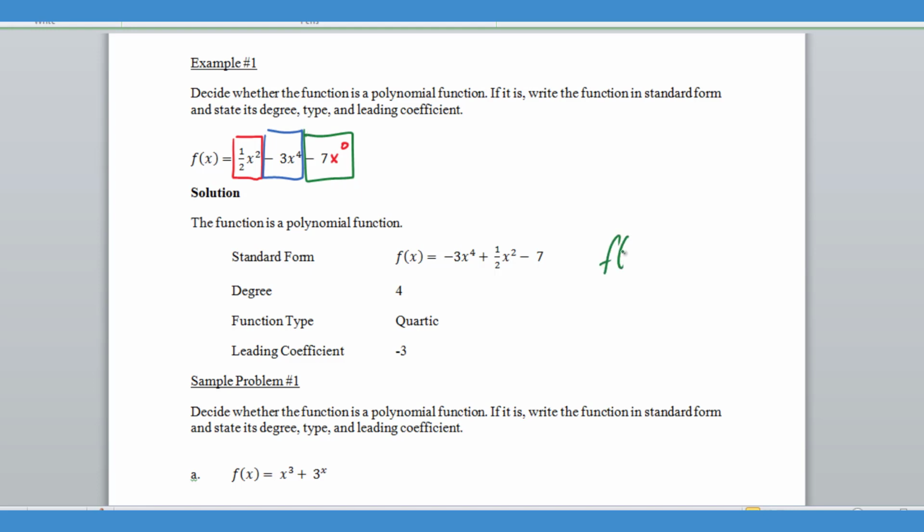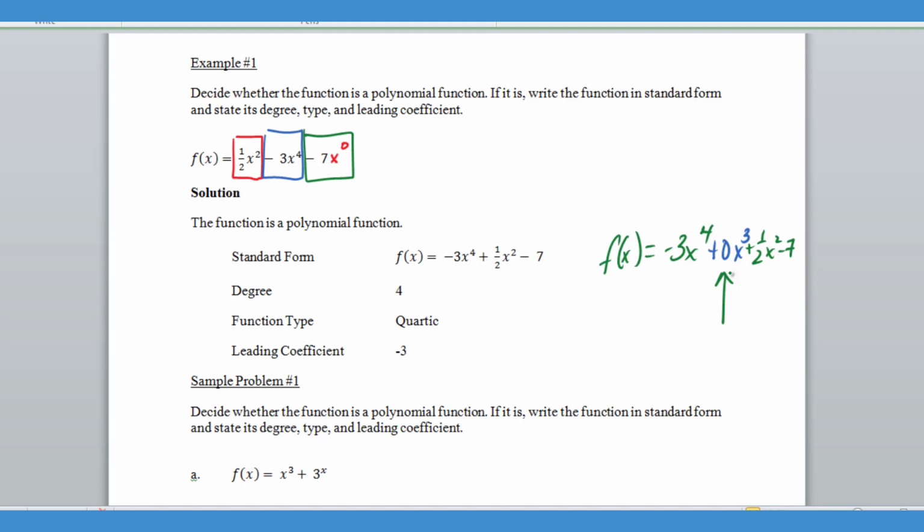Now notice that we technically have a value missing here. We have a 0 x to the 3rd, if you will, plus 1/2 x squared minus 7. You can see here that the x to the 3rd term is missing. It's understood to have a 0 coefficient. However, in this particular case, to write it in standard form, it's not necessary to write the x to the 3rd term if it's being represented with a 0. So it will be left as a blank exponent there. So the degree is still 4, even though you don't see 4 exponents,